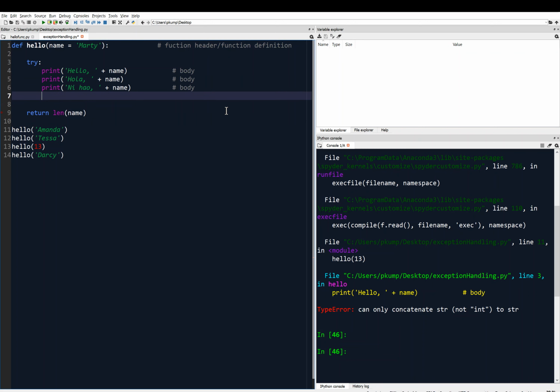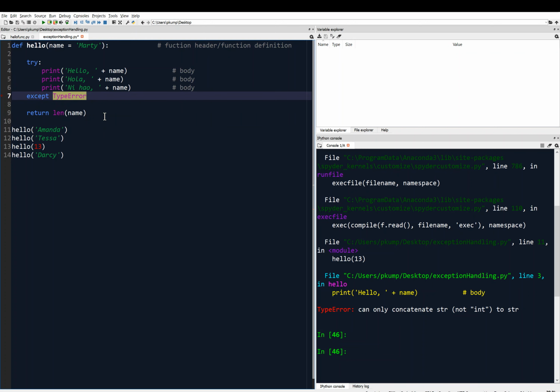And so we're also going to put what's called the exception, except. I want to line up the indentation with the try, because try and except are kind of pairs. And I'm going to say except, and I'm going to tell it the type of error, which in this case is a type error. So I'm going to type this here,